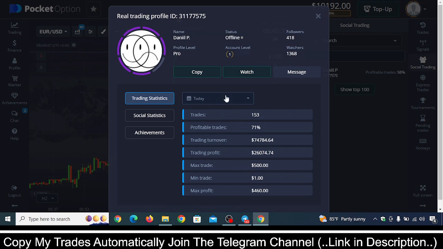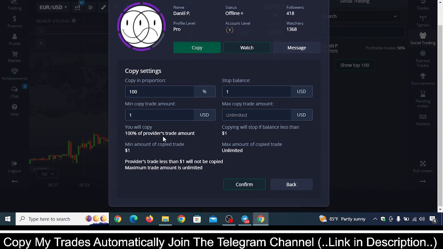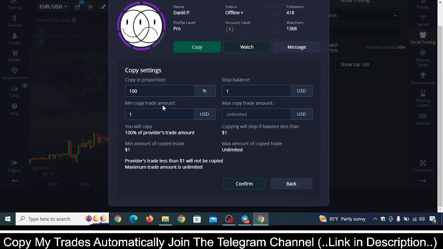Once you do this much, you'll see all the status here, and you just need to click on this copy. Now, how much do you want to copy? If you want to copy $200 per trade, then you can just leave 100%. In other places, you need to do nothing. Okay, leave it as it is, because I make $200 per trade with proper money management, so you don't need to take lots of tension for that.